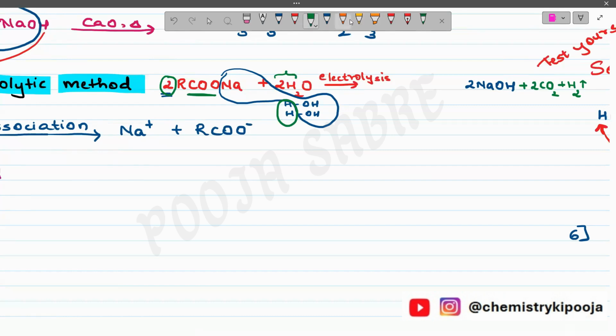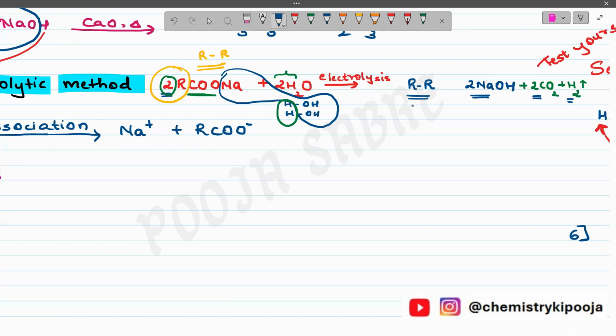And what we are left with, the major product we are left with is 2R. So 2R is nothing but both the R's will form a bond between each other, and then I'm going to get R bond R. Clear? So what we have started with? We started with sodium salt of carboxylic acid, electrolysis, in the presence of water, and then R and R are going to form a bond. NaOH will be removed out, CO2 is removed out, and that is the reason why we call it decarboxylation, and in this case, hydrogen gas is removed. Now this is the reaction we have studied, the general reaction.